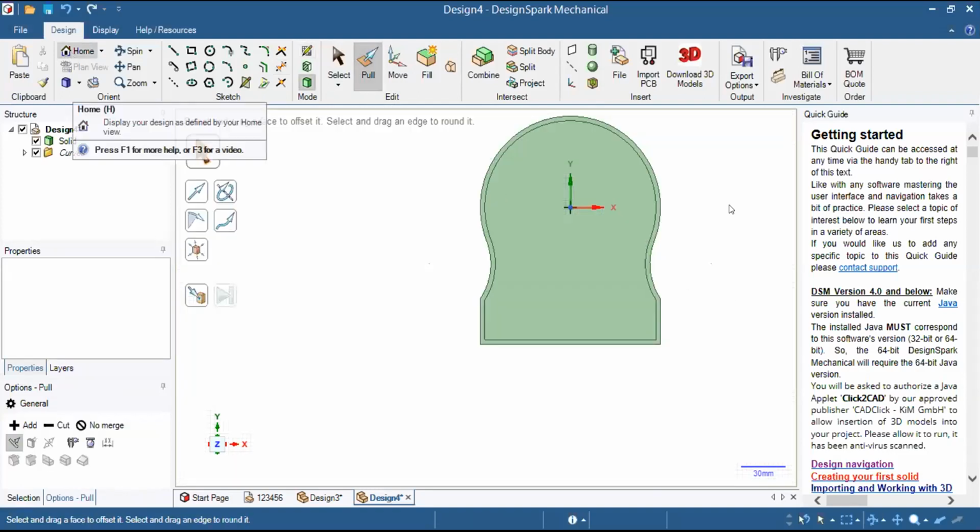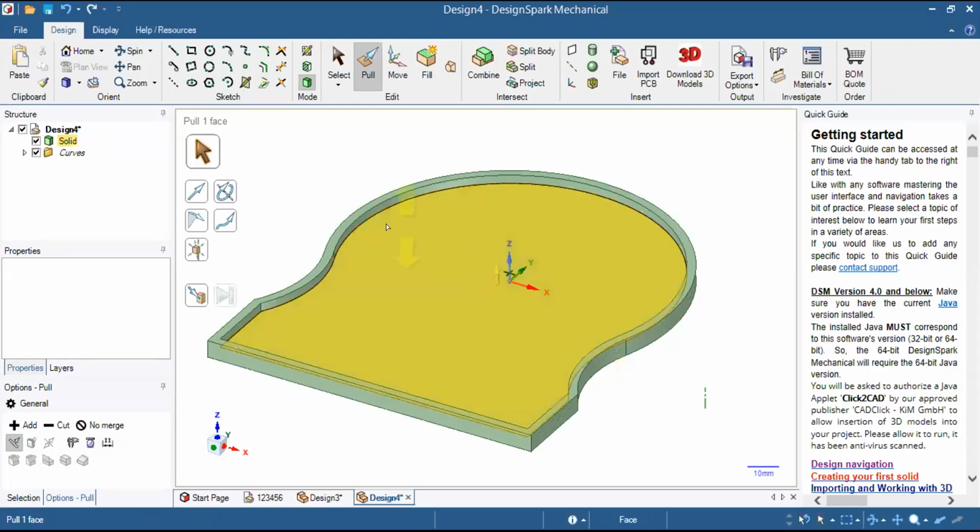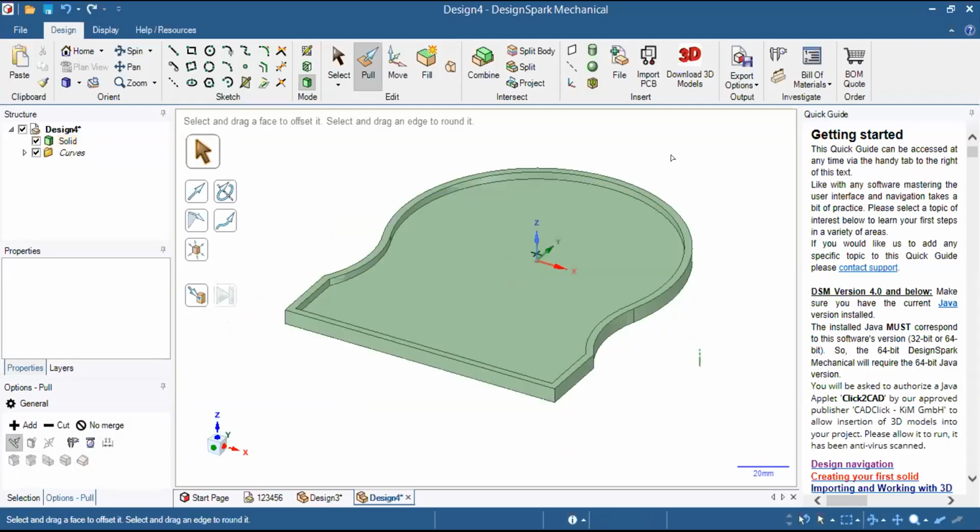Now you can go to home. Now you can see I have 2 variations, means either I can pull this or I can have 2 highlighted bodies. So I need to pull out the borders. So I will select this part. Just keep in mind the highlighted part will be pulled. So yellow is the highlighted part. So I will pull it to 3 mm. Now you can see the border has been pulled and extruded out to 3 mm.